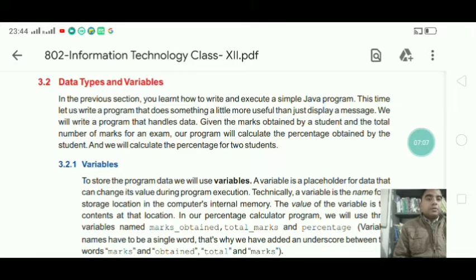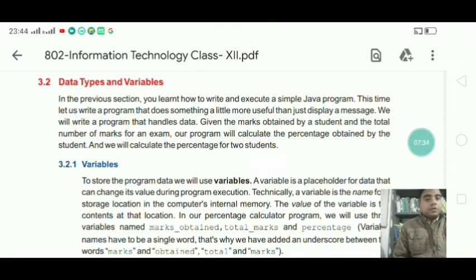Based on the data, your variable will be declared as that specific type. That means if you are storing integer data, then you can say the variable is of integer type. So now we will discuss about different data types.